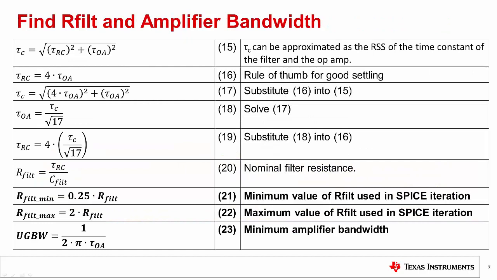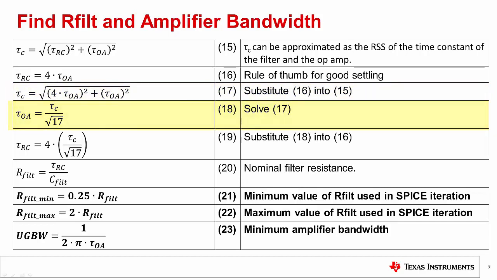This is the final slide in the derivations. Equation 15 is a general equation for adding time constants. The RC time constant and op-amp time constant add like the square root sum of the squares. As a rule of thumb, we have found that the amplifier bandwidth should be 4 times faster than the RC bandwidth. Substituting equation 16 into equation 15 and solving produces equation 18, which relates the op-amp time constant to the